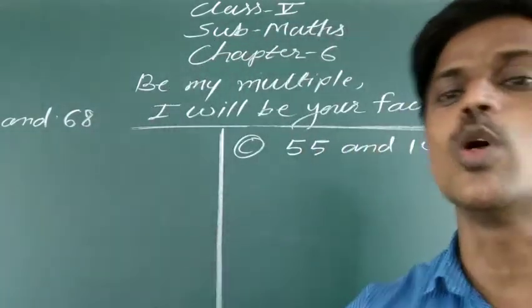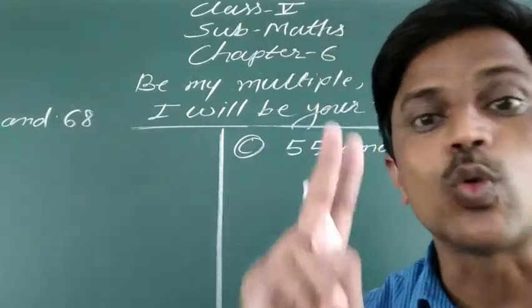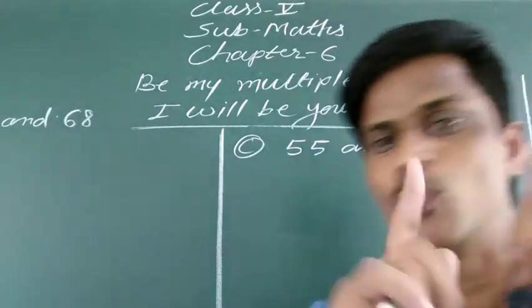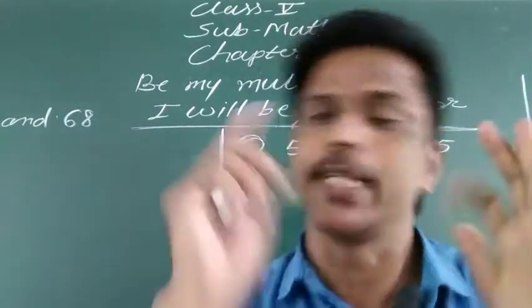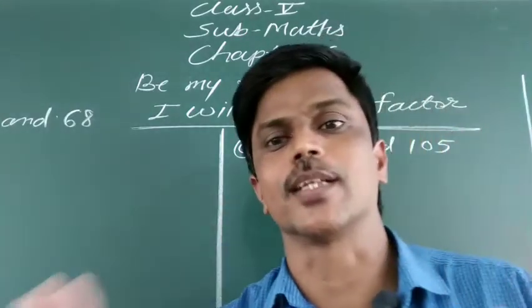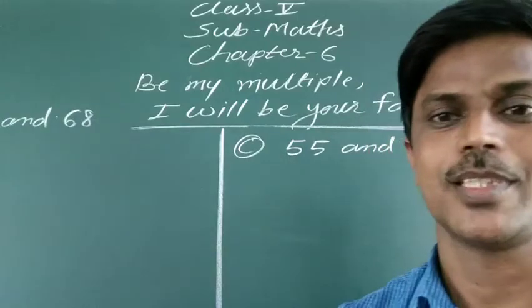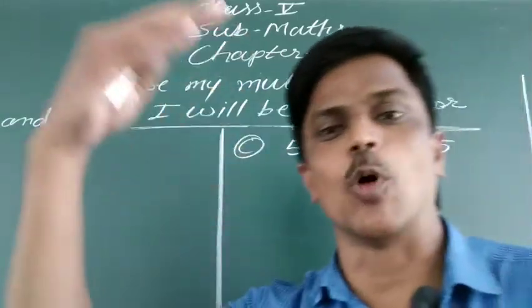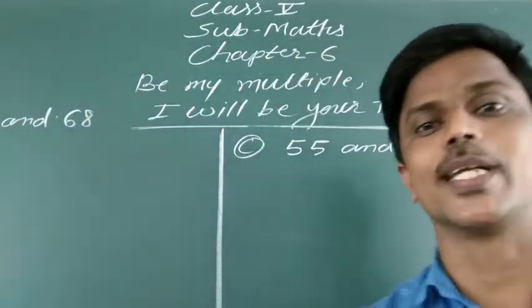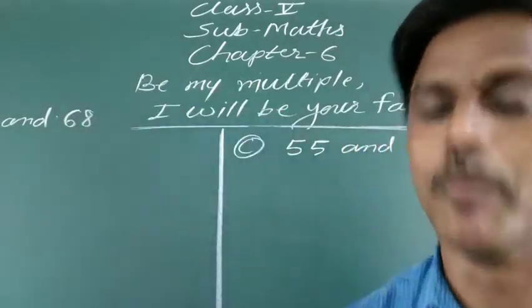First of all, we know what is meant by a prime number. A number which has only two factors, one is 1 and the other factor is the number itself, and no other factor besides these two, is called a prime number. After that we learned about prime factors, how to find the prime factors of a given number by dividing by each prime number.